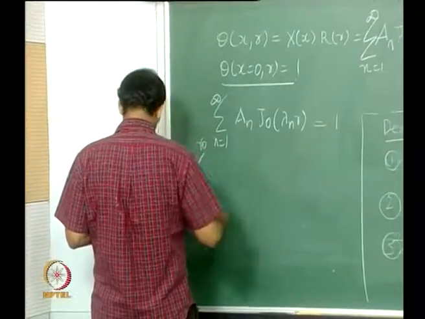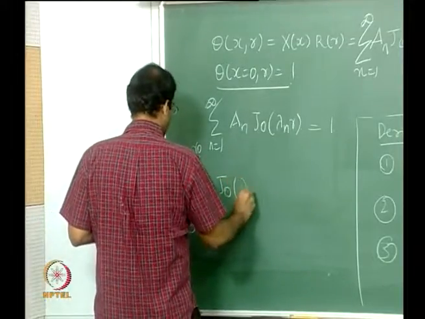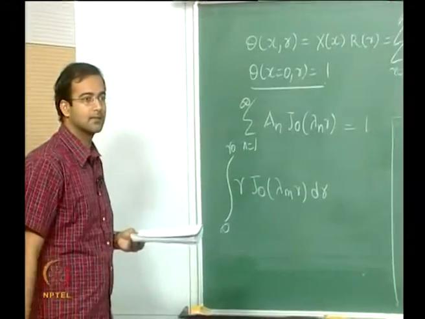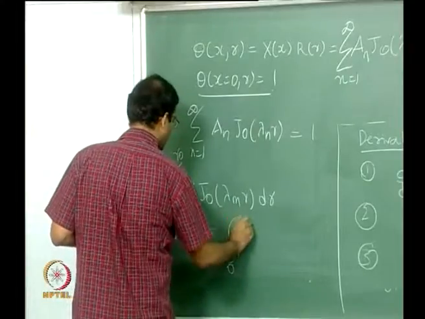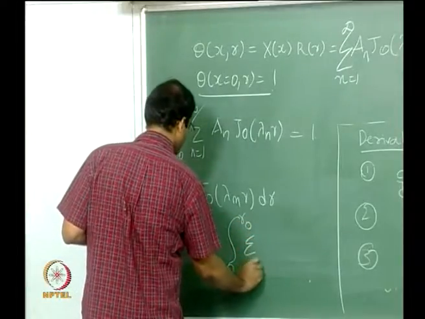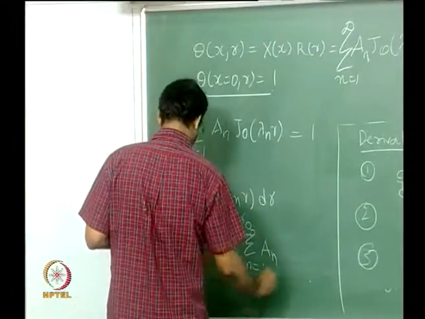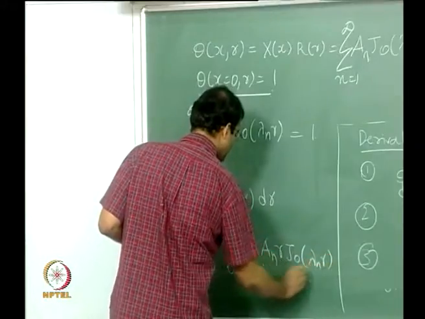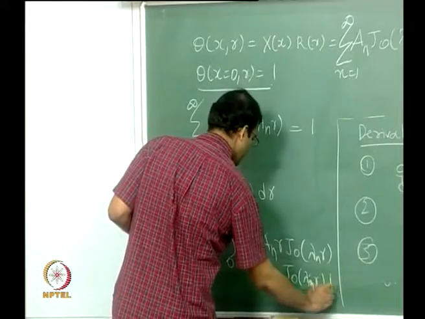So my right hand side I am writing on the left hand side here, I multiply with r J naught lambda m r dr, that is my RHS, right. On the LHS I have this 0 to r naught summation n equal to 1 to infinity a n into r into J naught lambda n r J naught lambda m r into dr,